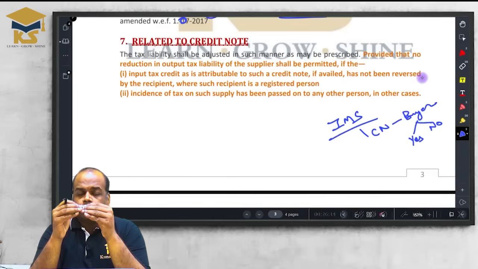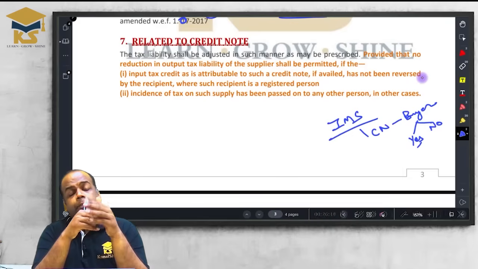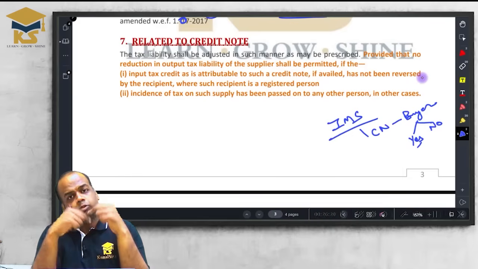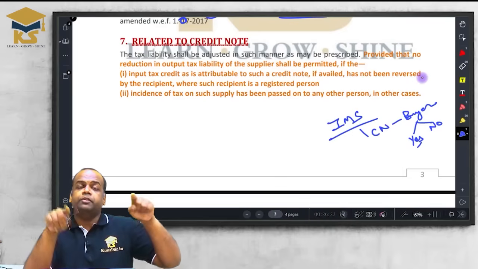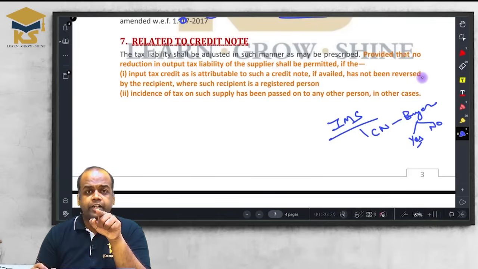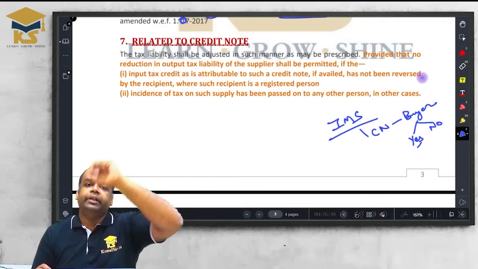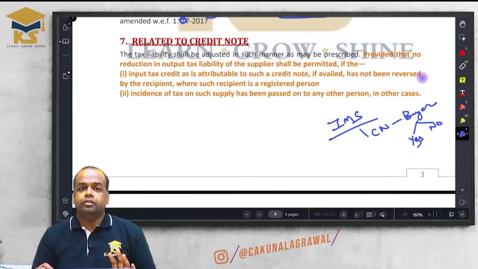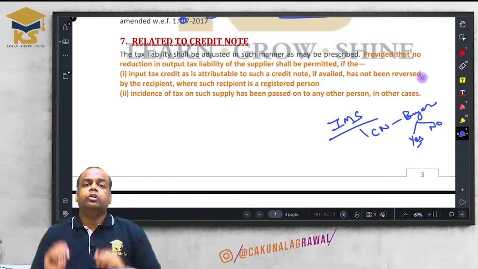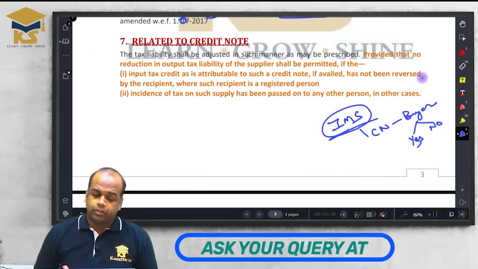If the buyer does not take any action or accepts, then it will be available in its 2B and the buyer has to reduce ITC, otherwise there will be a mismatch between 3B and 2B. If the buyer rejects this credit note, then my output tax liability in GSTR 3B will be automatically increased. Okay, so it's completely system based now due to the introduction of the Invoice Management System.